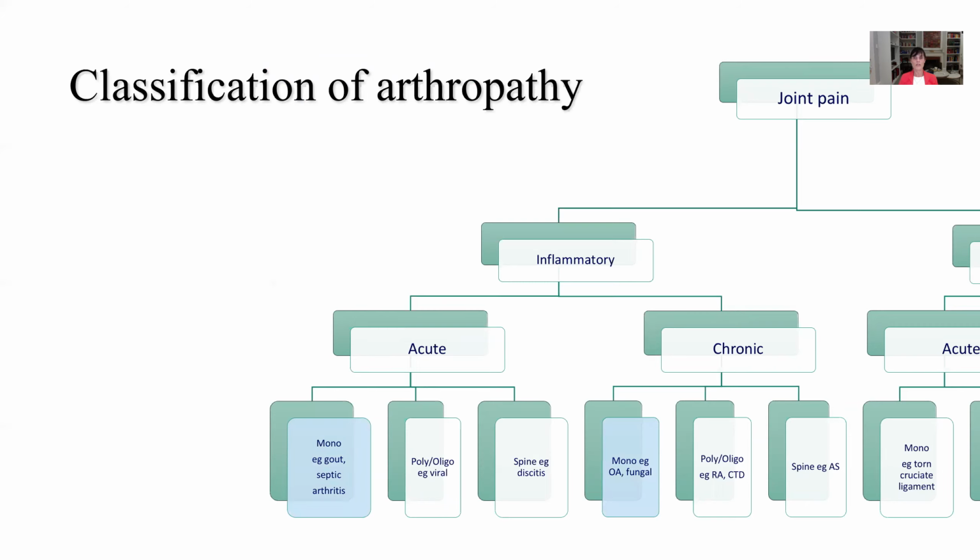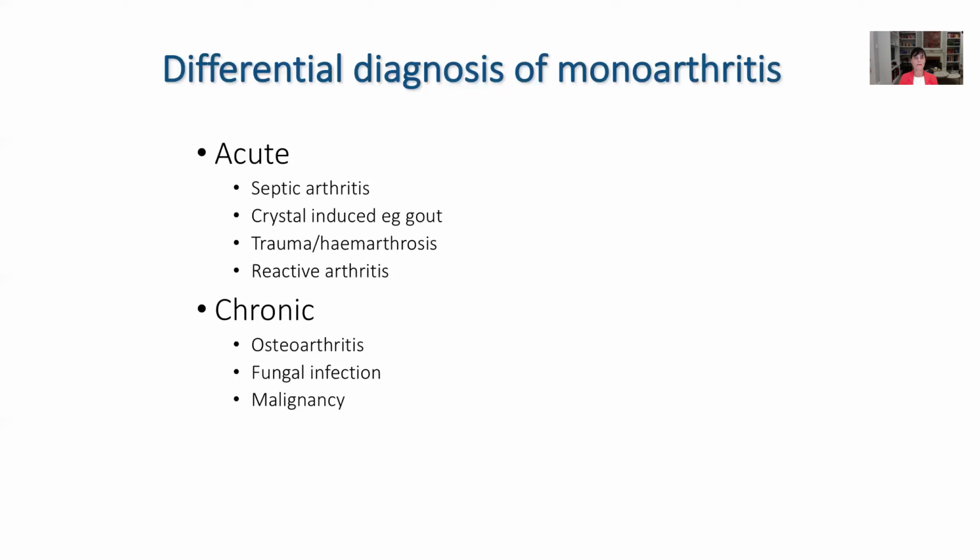So turning firstly to inflammatory arthropathy, the differential diagnosis of a monoarthritis, either acute or chronic, is listed here. So the two most important causes of an acute monoarthritis occurring spontaneously is septic arthritis or crystal-induced arthritis. Occasionally trauma or hemarthrosis occurring spontaneously in a patient who is over-anticoagulated or who has a coagulation disorder such as